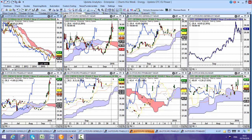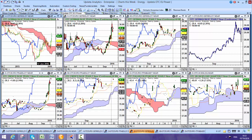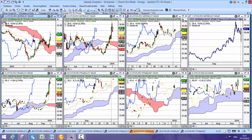for several years. This is all OTC data going back, but interestingly the price is convincingly through the cloud now, and all we'd have to do is hold this move sideways for the coming weeks and months, and we would be wandering into long-term bullish territory. So this is looking like quite a trend change on German power, and I will be speaking about this more at the EMART conference in Amsterdam